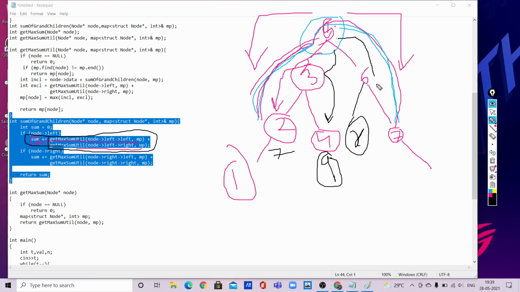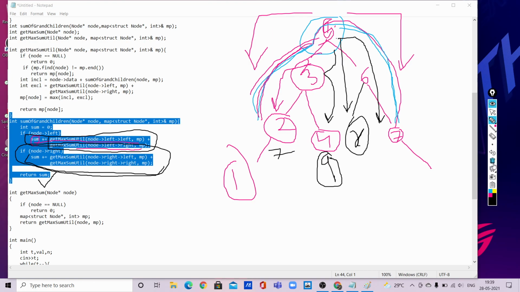Then it will check 5 plus 7 or 5 plus x, whichever is greater. It will add it to the sum in the util function and return the sum which it got from both the left-hand side and the right-hand side.